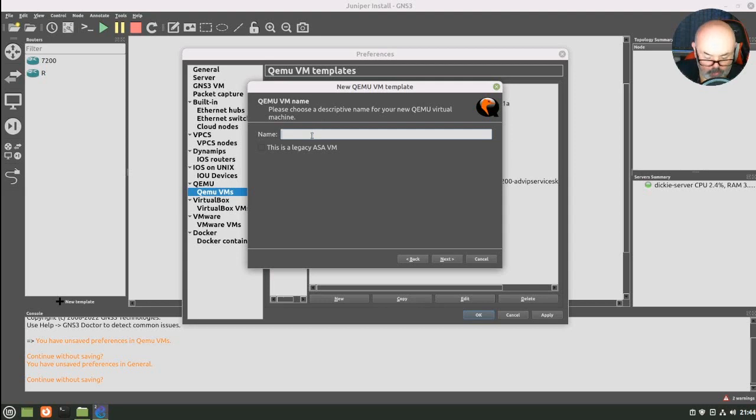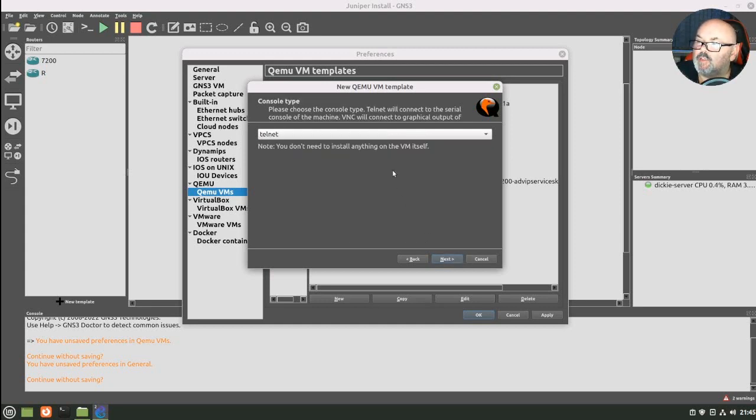So I'm going to call this VMX-control-plane-CP. That should be VMX, not VMS. Okay, and I'm going to click Next, and I'm going to allocate this 2 gigs of memory,